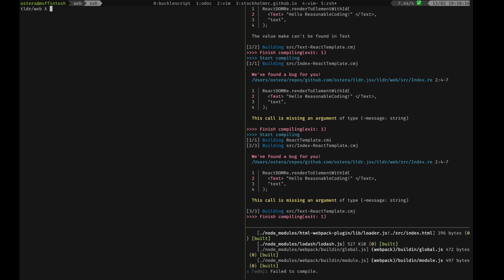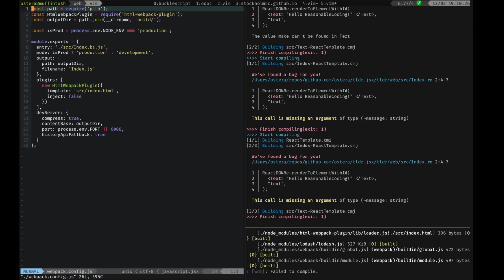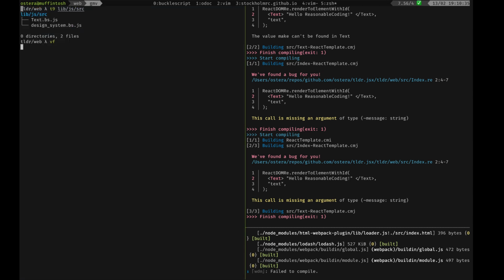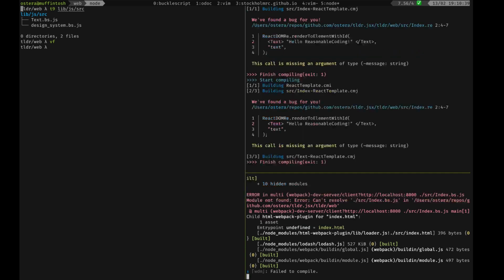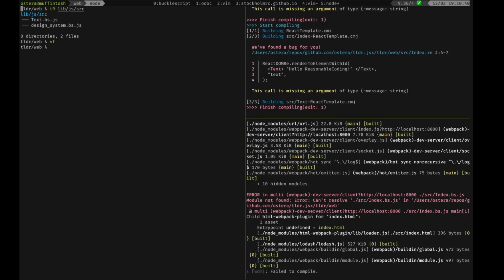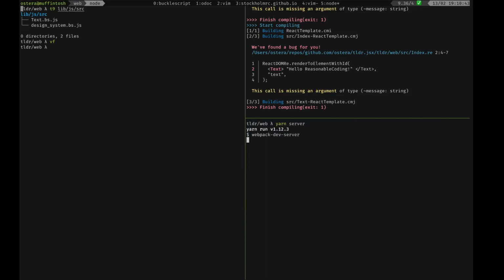BSJS. But now if we go into lib, then in lib we have the same files and they're there, right? So let's do the last one thing, and then we can try to leave JS source. That should work. Cool. Okay. So it compiled. It failed to compile the Webpack part. If I rebuild the server,